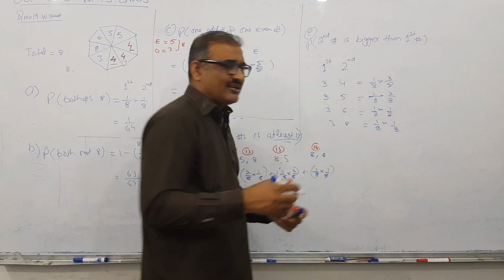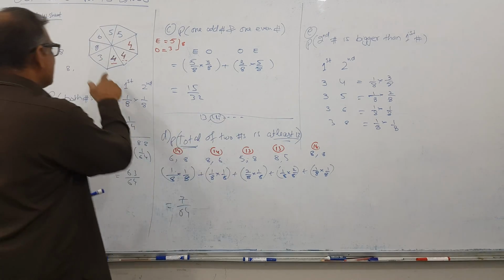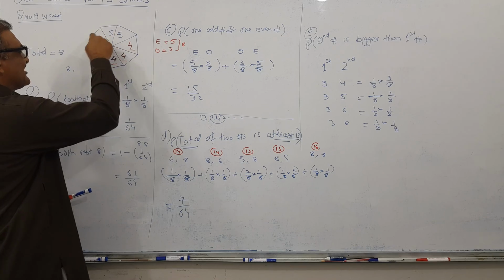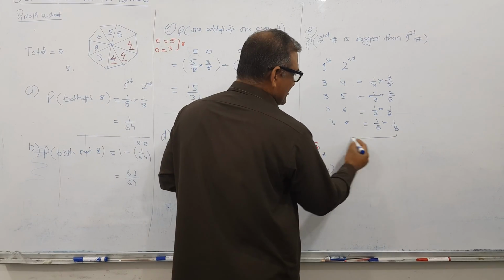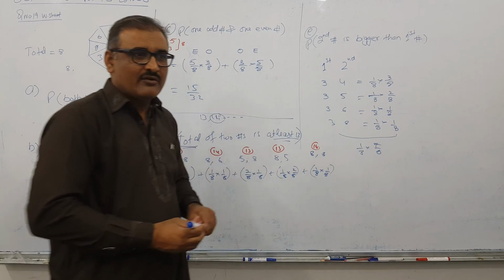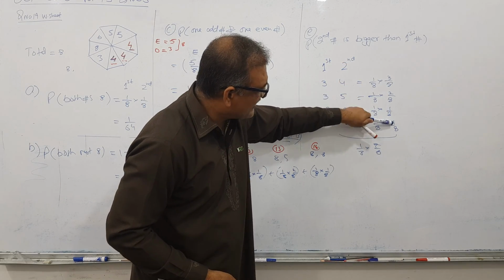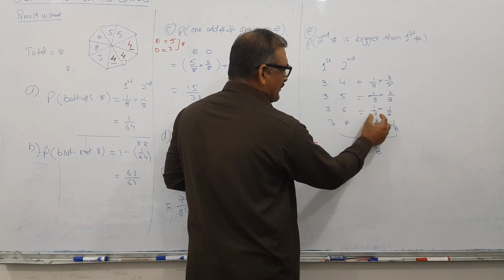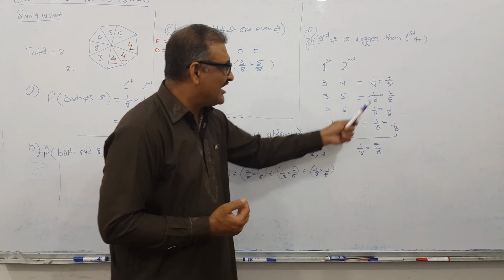I can do another shortcut technique even, but I think it will confuse. How confuse? This is smaller than all. So 1, 2, 3, 4, 5, 6, 7. I can say the shortcut of this: 1 by 8 into 7 by 8. The reason: check 3 plus 2 is 5, 5 plus 1 is 6, and 7. So if you add all this, you see 1 by 8, 1 by 8, 1 by 8, 1 by 8 common out. When the common goes outside, what is left inside? These